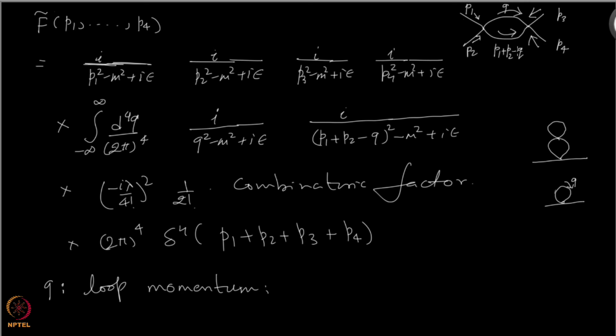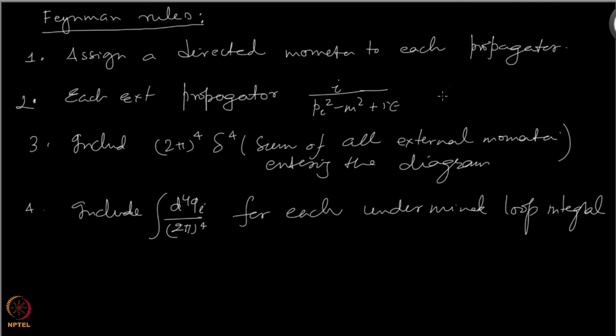So in general, what will happen is certain propagators will have their momenta completely fixed in terms of all others. Okay, so if you are looking at two loop, you will have two undetermined momenta q1 and q2, and all other propagators will have completely fixed values of the momentum that flows in there, in terms of external momenta and the loop momenta. Okay, so this is what we should do,